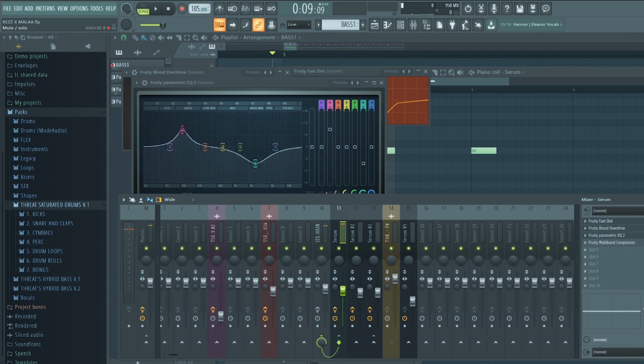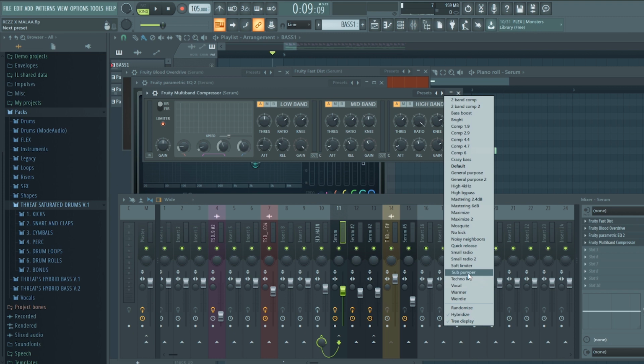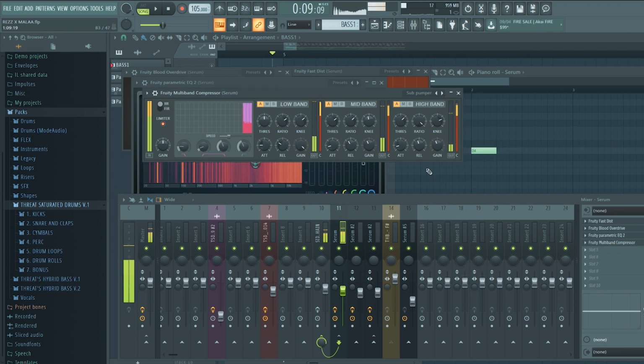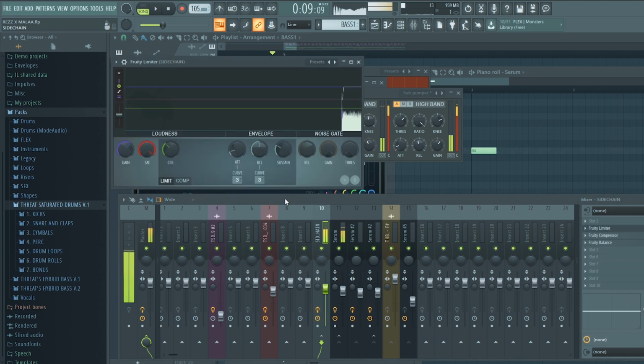And then we have a multi-band compressor with the sub pumper preset. And then I've turned up the high end a little bit. Okay, after that, on my sidechain channel, there is a couple of more effects on it. So let's turn that on. And we just have a limiter